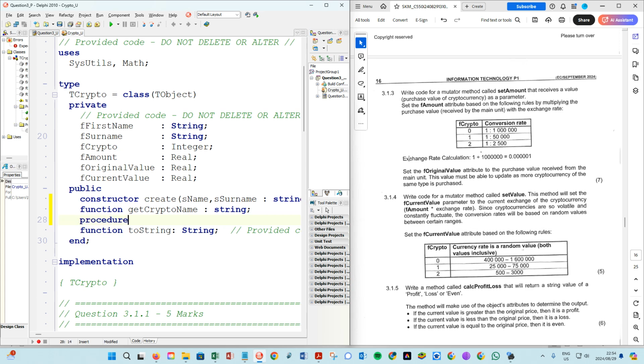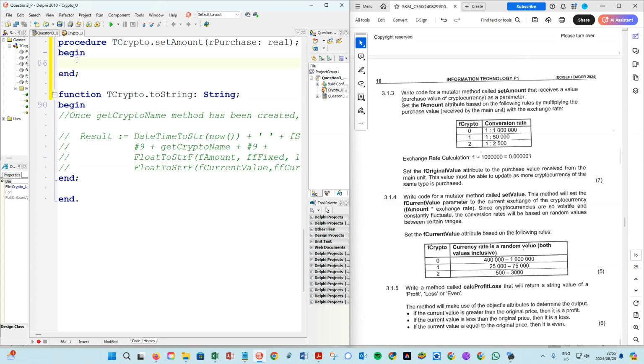So procedure, and we give it a name called setAmount, and now it receives a real variable rPurchase, and that is of data type real, semicolon. And now we can again press Ctrl Shift C, which brings us to our stub,